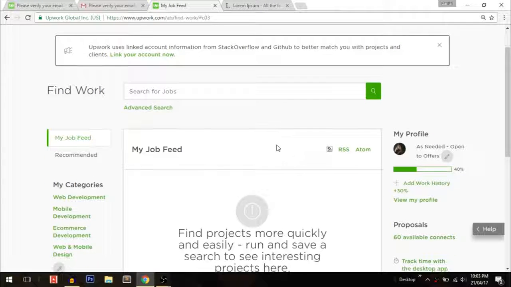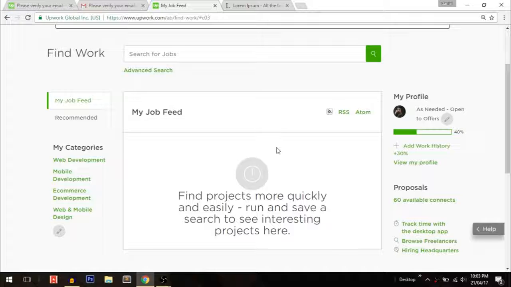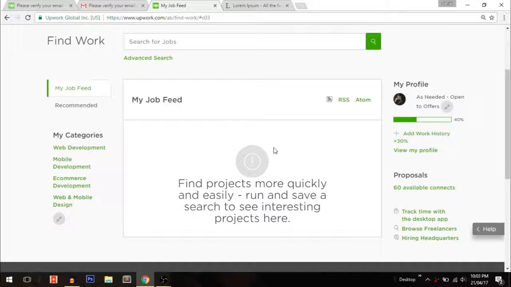Now here we are going to bid on different projects. All right, so this is the most important thing. You have 60 available connects. Sometimes people get confused. So these are the available connects you have. It's just like money, and Upwork will give you these connects every month. So let's just consider this as points. So you have 60 points, and